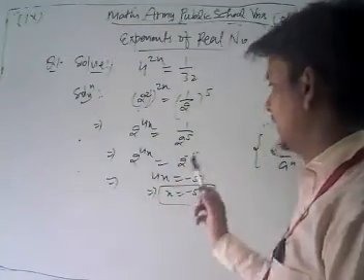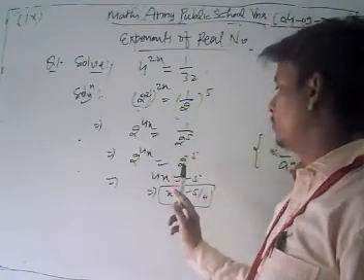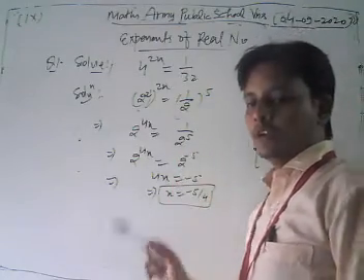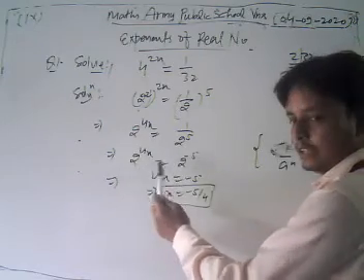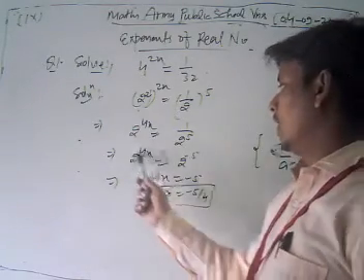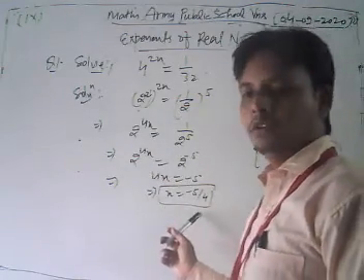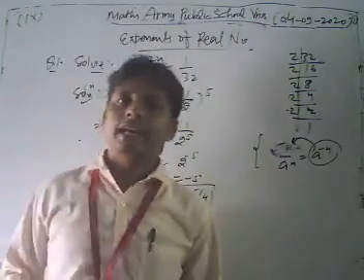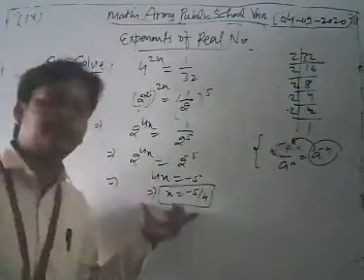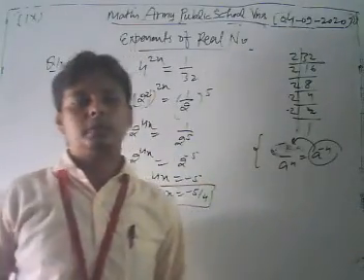Now after that, we transfer 2 to the power 5 to the numerator, so we get 2 to the power minus 5. Now, dear student, both sides have the same base, so on comparing we get 4x is equal to minus 5, hence x is equal to minus 5 upon 4. Okay, so dear student, you can solve all the questions of your NCERT exercise based on this topic in this way. Now we take and solve some other questions based on them.